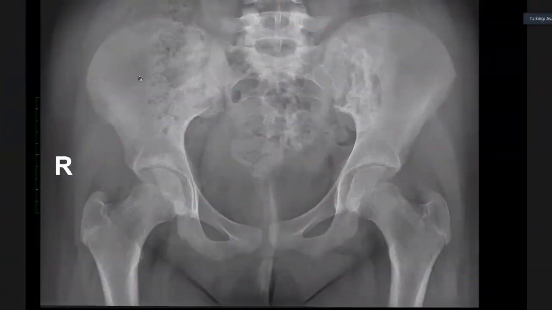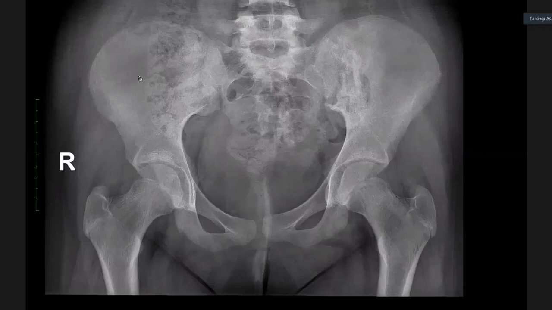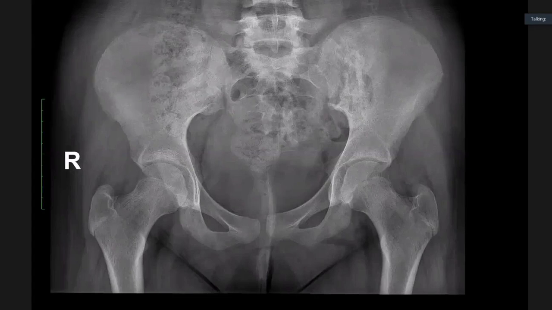So this is a 15-year-old girl and she's got back pain. Okay. There is a mixed sclerotic lytic lesion involving the left iliac blade and